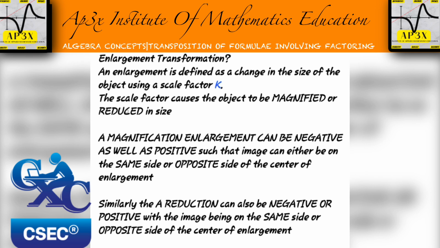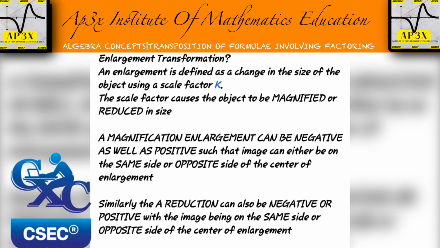Basically, when an object gets larger, we say it is magnified, and when the object gets smaller in size, then we say it is reduced in size, or it undergoes a reduction. And it is in fact the scale factor that is the cause of either of those